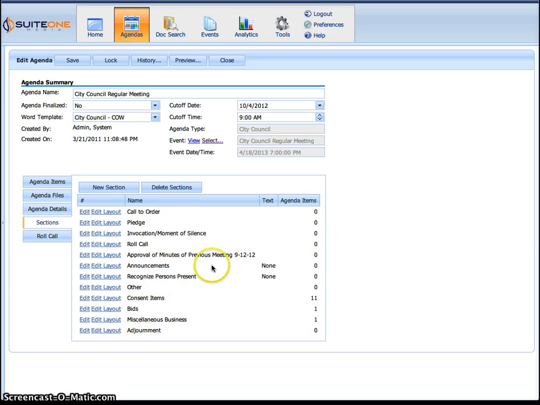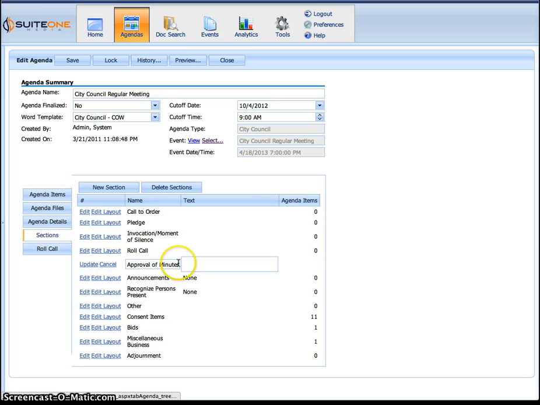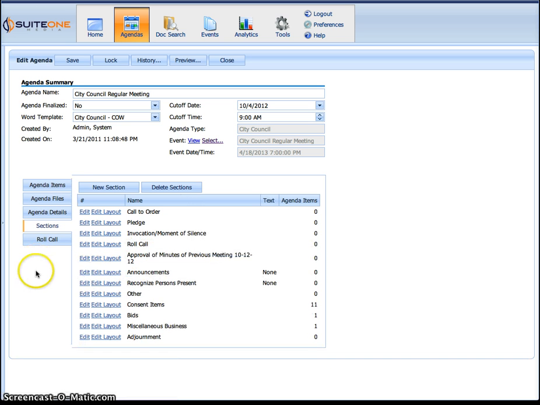And if you want to change the name or date, you can actually edit this, for example. And if I want to change the date to 10/12, not 9/12, I can make changes to it on the fly right here. It's a quick way to make those changes as necessary. Another thing I can do is actually add new ones. For example, if I want to add a proclamation, I can add a proclamation, or I can delete sections